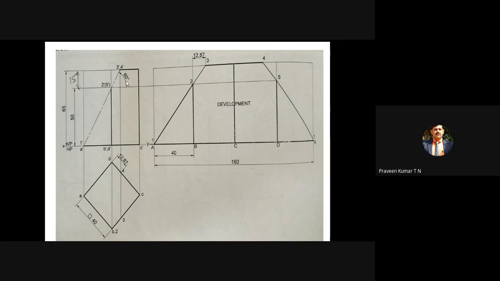You cannot draw the 60 degree line before. First, you have to draw a horizontal line at a distance of 15 mm. Then this horizontal line will intersect the axis line or center line. From this particular point, draw one 60 degree line. Now this 60 degree line is nothing but the cutting plane. You are chopping that top portion.